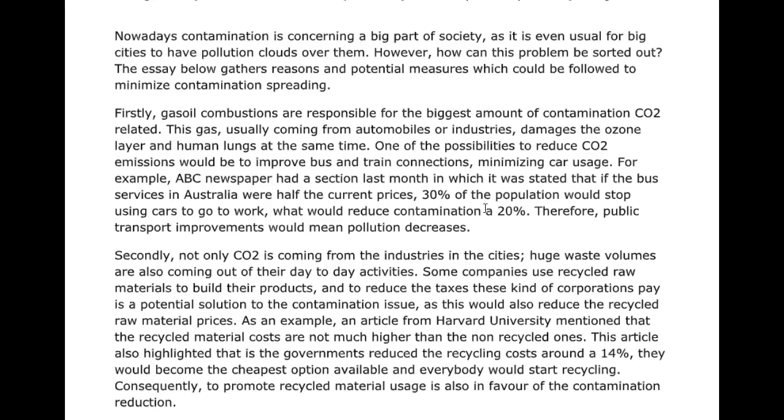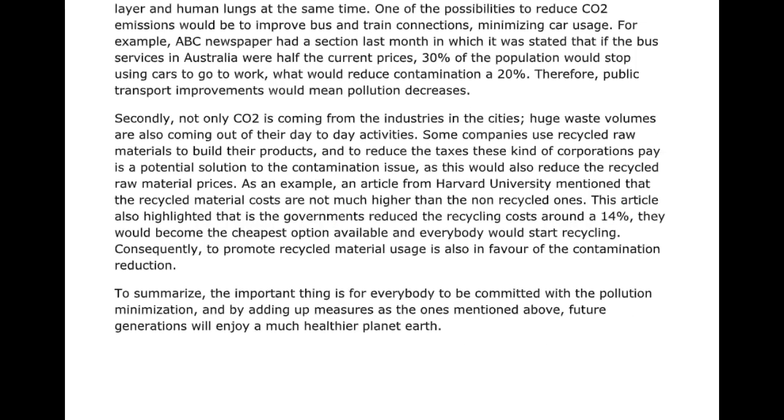Okay, so take a look at this. You talked about the connections improving, but then your example didn't deal with the actual connections themselves, but instead you talked about the prices. So this piece of support here doesn't follow logically the main idea that you've said, okay? You talked about connections, you talked about transport improvements, but this doesn't talk about connections or improvement, it just talks about price reduction. So careful, they're not really connected. Okay, let's go to the next paragraph.